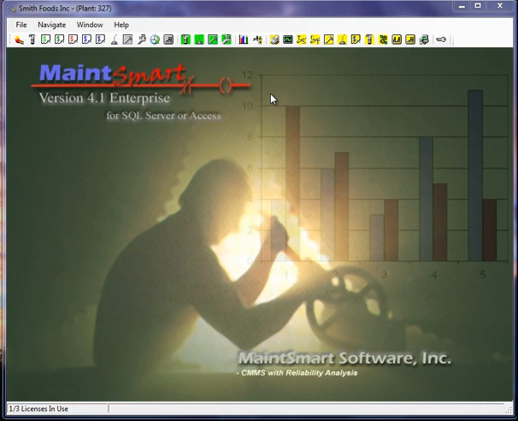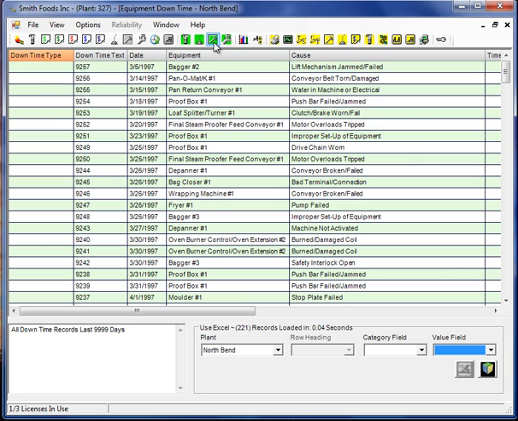I'm going to cover downtime or equipment failure analysis and reporting in this video. I'm going to go to the green background hammer icon, and when the downtime analysis screen opens, it's basically listing all of my downtime, it's saying down here in the last 20 years or so. Okay, so what I can do with this is if I go to the view,